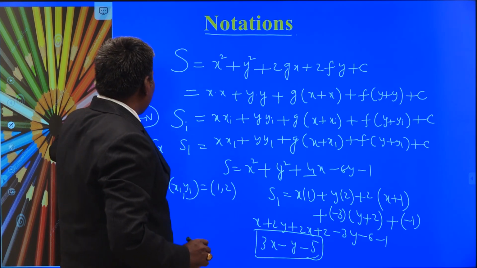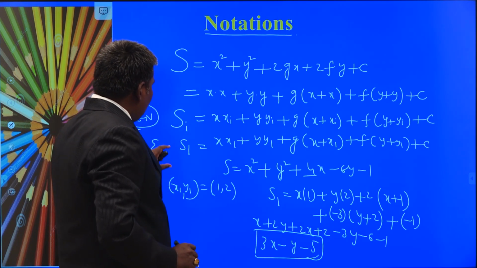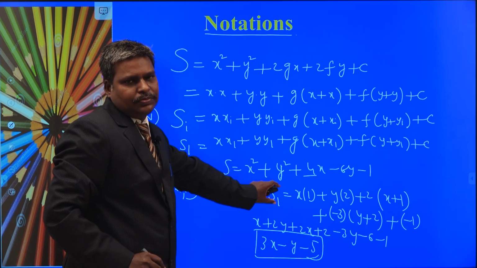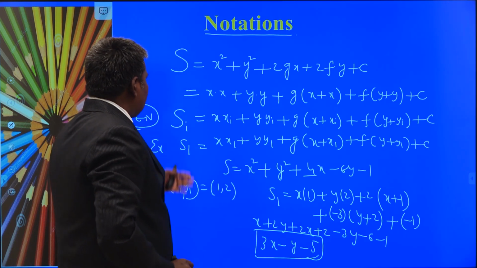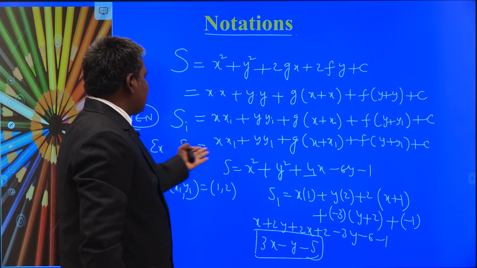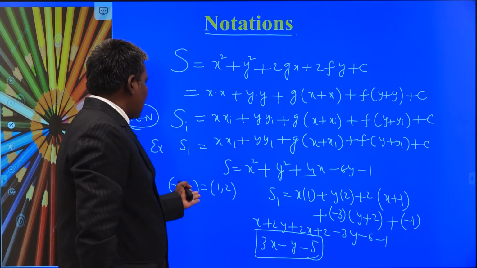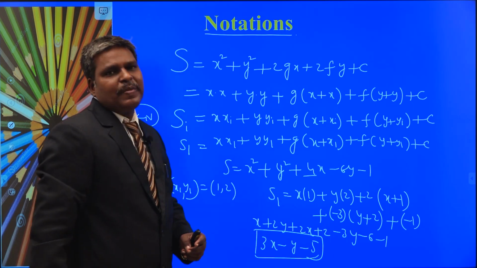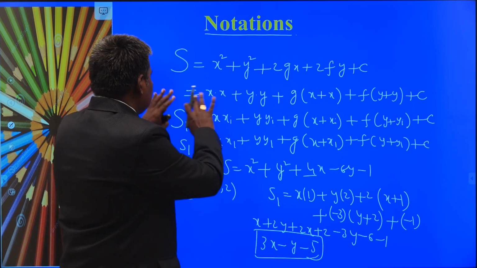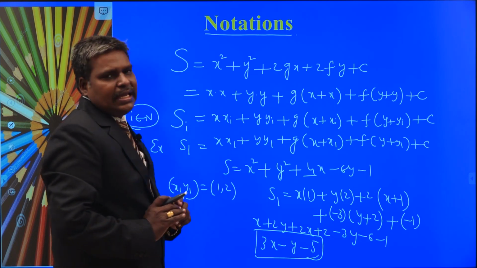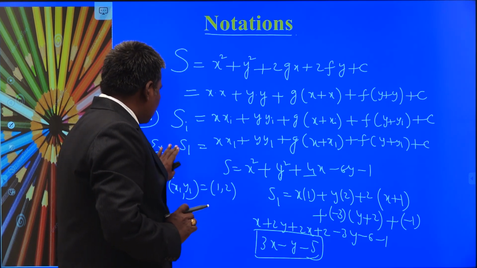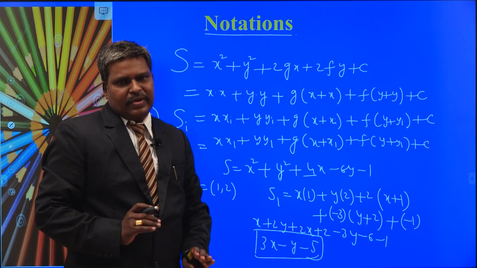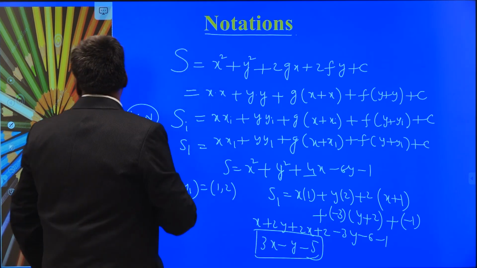Understand? So if you have x1 comma y1, or if you write this one as x2 comma y2, this becomes S2. In this manner we can build up Si. For example, this is S1. Your point is x1 comma y1, say 1 comma 2. Your S is like this. We can build it in this manner. Understand? This is S, this is Si. S1 is an example. It is always an expression in x and y. Don't forget.